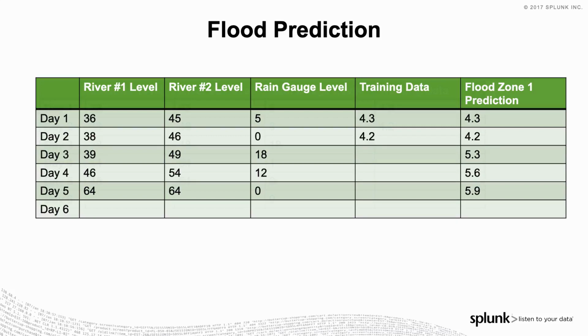But that's not the only way that Joan can use predictive analytics. Joan can also benefit from the type of predictive analytics I mentioned earlier, which is predicting a future value. She can use the historical values of water levels to guess what the water level would be in the future. This allows Joan to deploy emergency resources to the flood site before flooding conditions start to help minimize the damage.